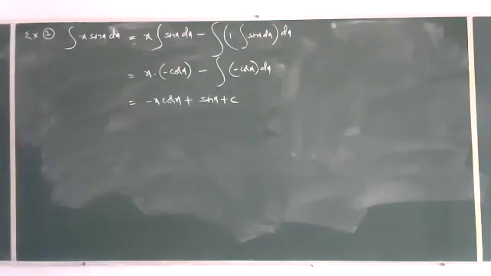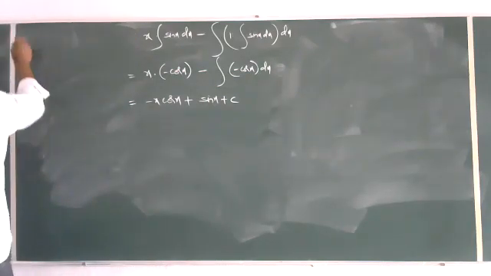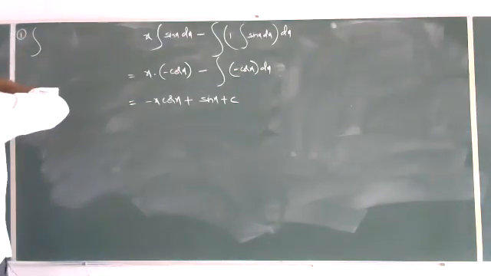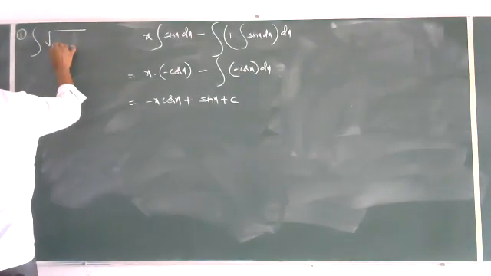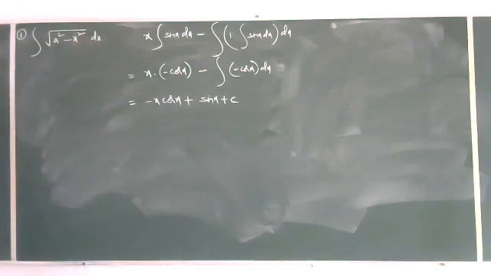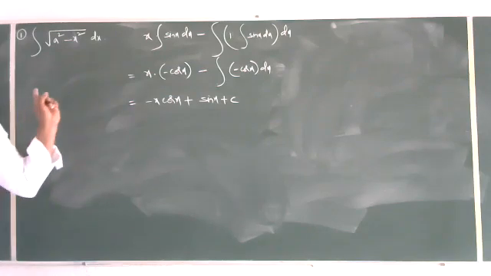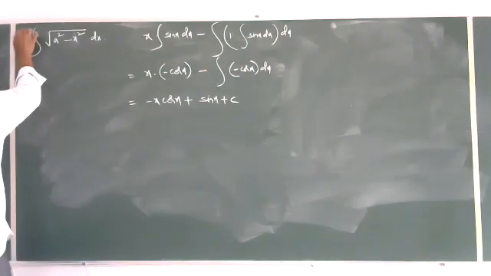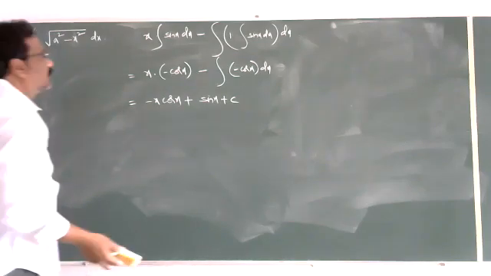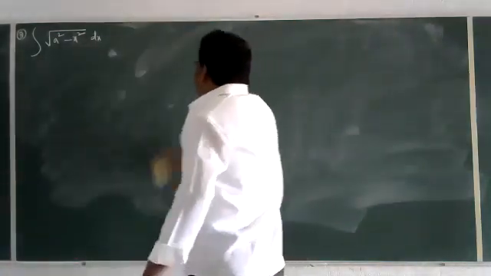Here, by using integration by parts, we want to produce three formulas. That is, the first formula is the integration of root of a square minus x square dx. This is the formula. This proof is also important. Before 7.4, I discussed 6 theorems. Just like this is the 7th theorem. You write theorem number 7. Very, very important. These theorems are very, very important for 5 marks questions in integration.